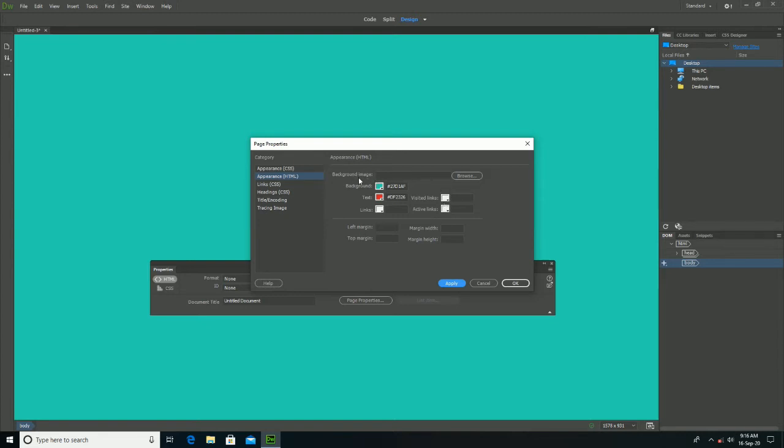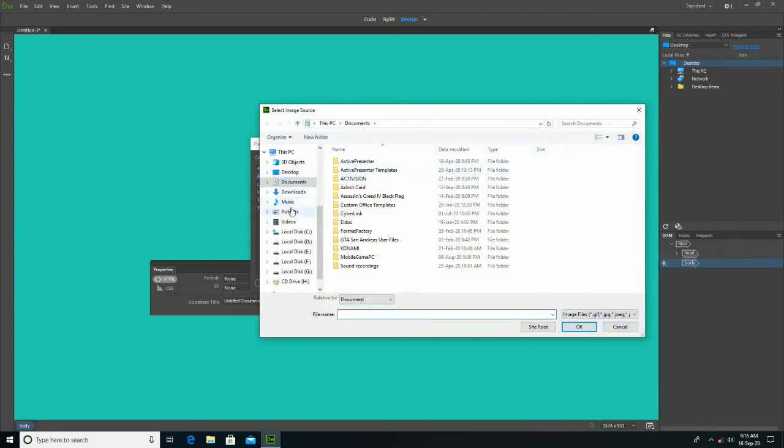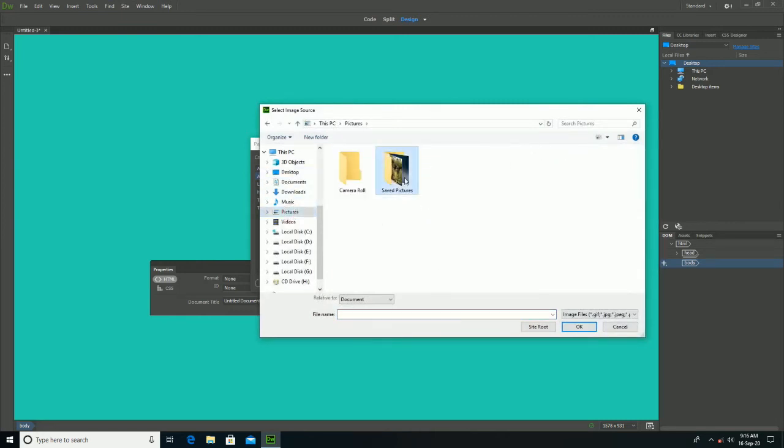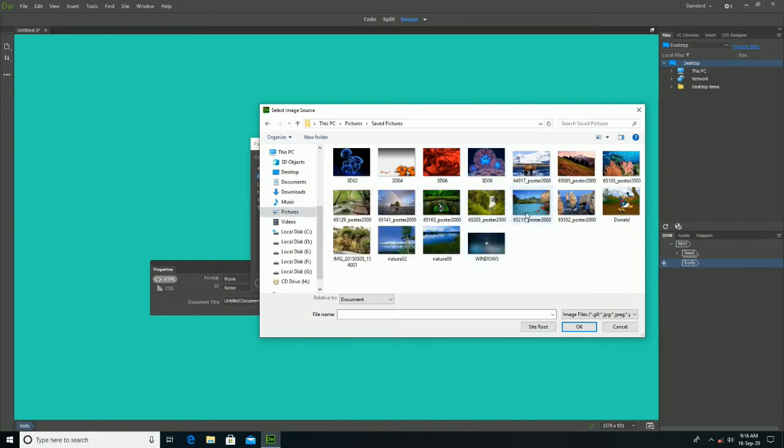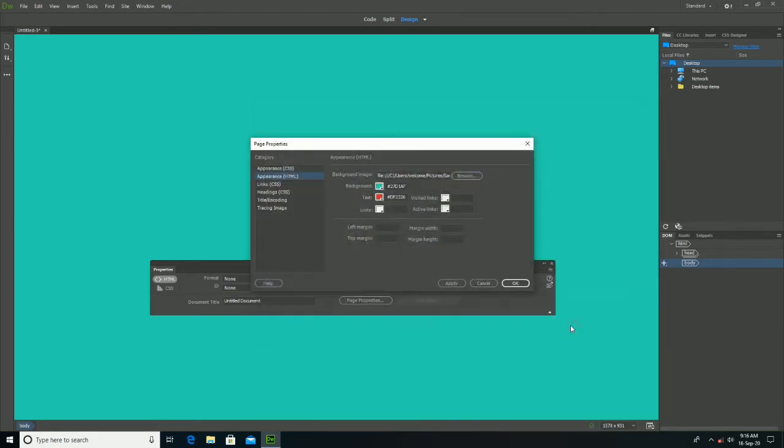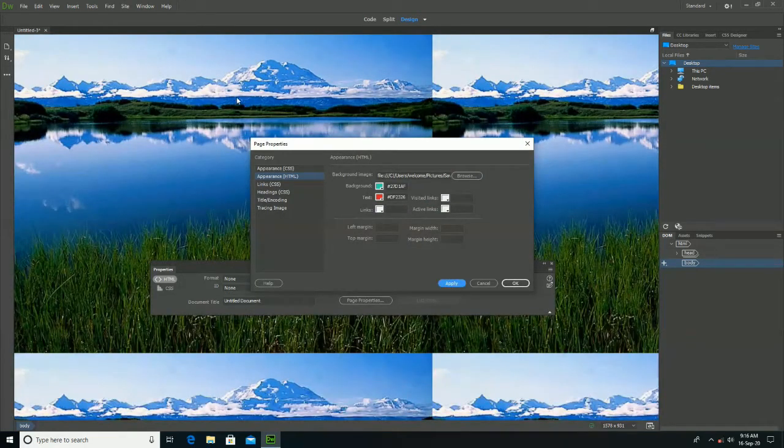So you can also add the background image. Click on the browse to select the image that you want to add in the background of the web page, and click on the OK and apply. The background image will be applied.